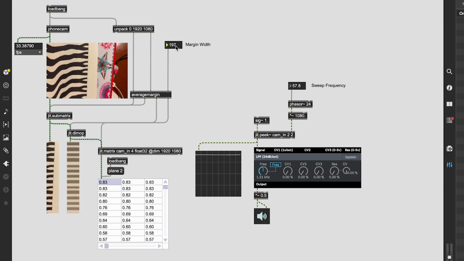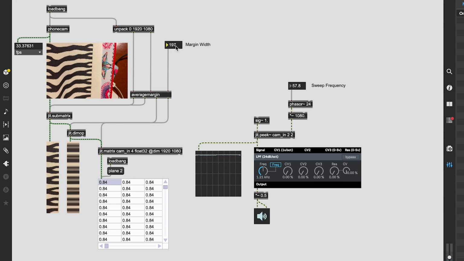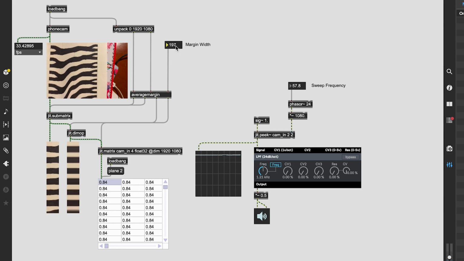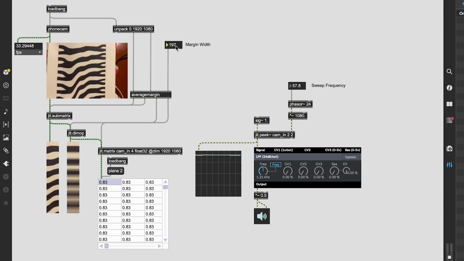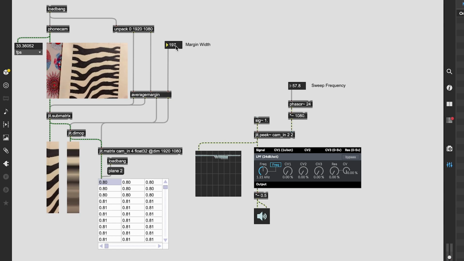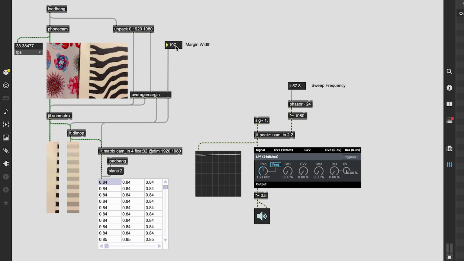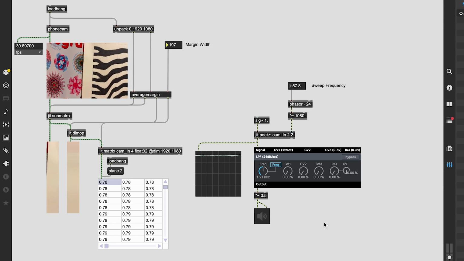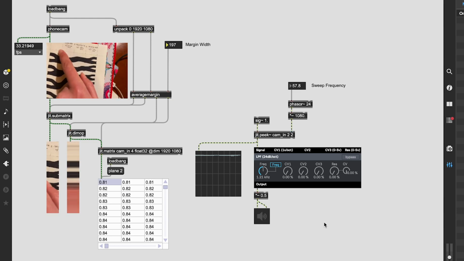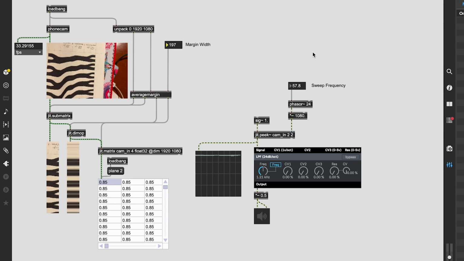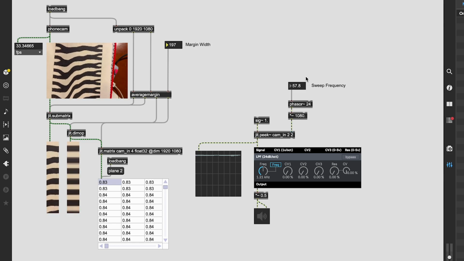And then with a wider margin, which is going to be smeared out, you're getting a lot of crossover between the frequencies as you sweep them. Okay, let me turn that off. Obviously that wasn't an A, a D, and an E because I was sweeping at a little bit higher frequency than 24, so my calculations were off, but I feel like you can definitely hear those harmonic intervals